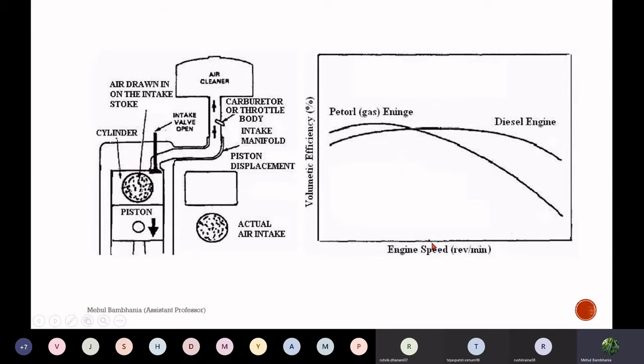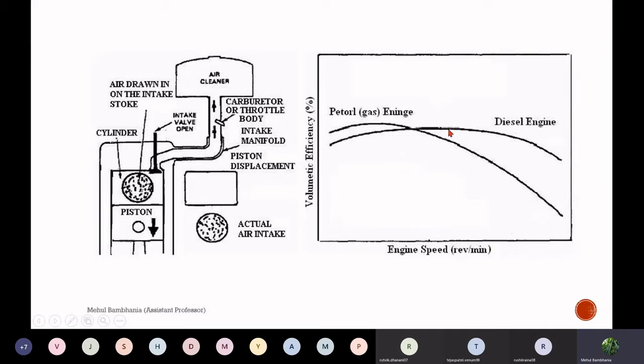But when you run at a high RPM, the opening time of that valve is reduced, and because of that the air will not get sufficient time to fill this passage or cavity. If it is not getting sufficient time, only a small amount of charge will be able to enter, and the remaining portion will be empty, which will lower the volumetric efficiency. This is the case in the petrol engine at high RPM. Definitely the petrol engine will have a poor volumetric efficiency.